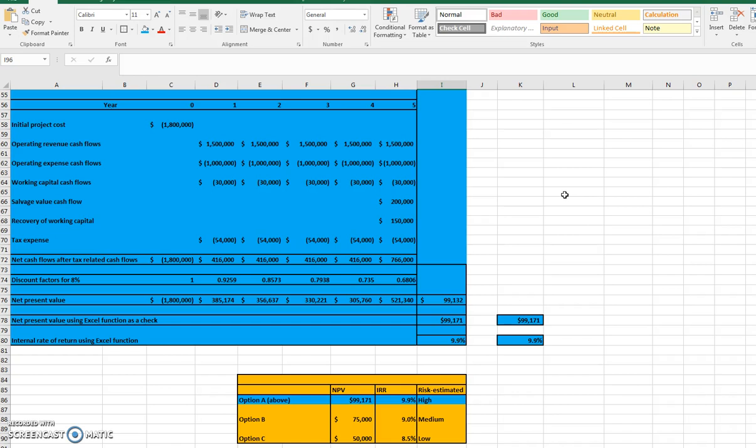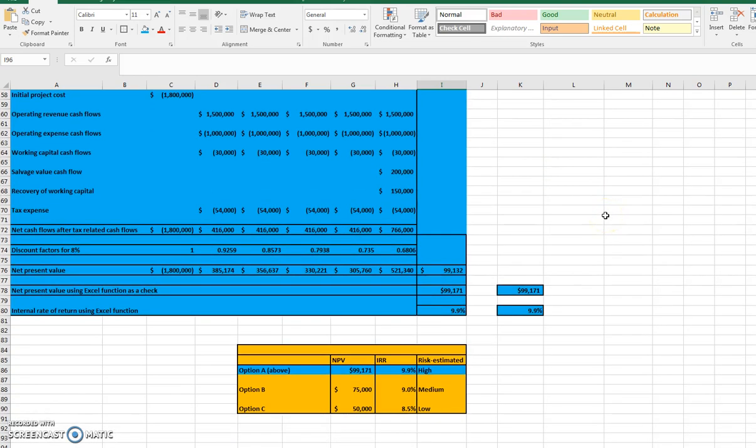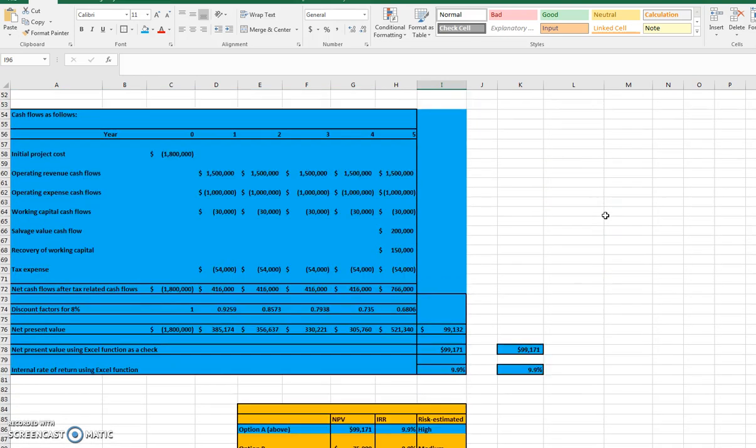What you are seeing in front of you is the solution that I created for Zellman's problem 21 in chapter 7 that I had posted the other day as a tutorial. And I'm going to just build on that and take this a little bit further to illustrate how we would adjust these values for the perceived risk of the project and how that would impact the choice